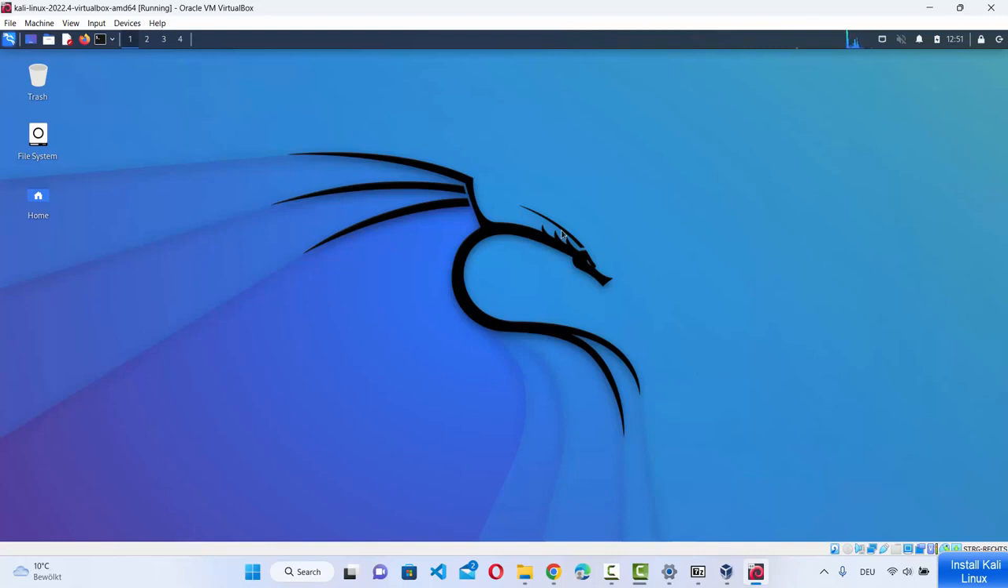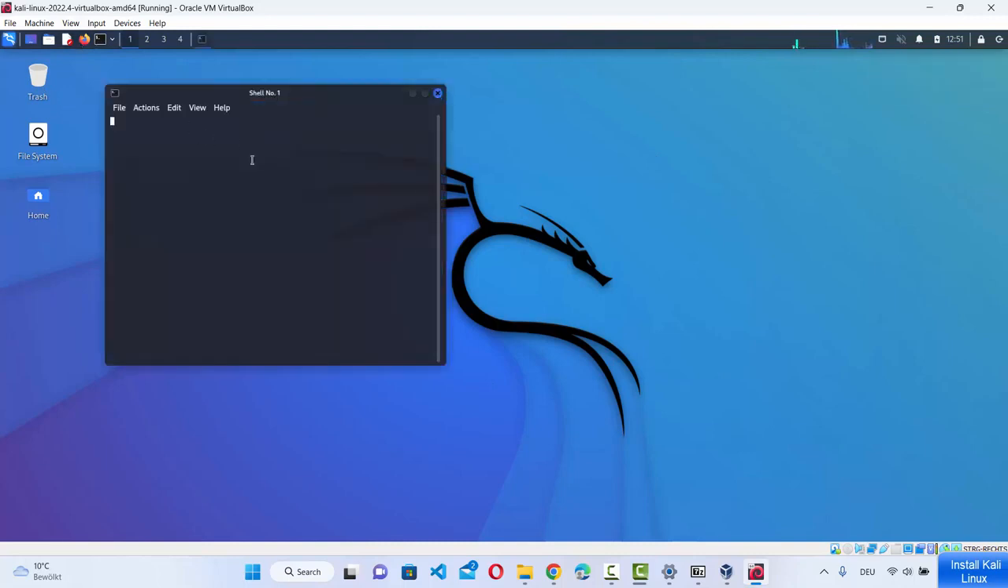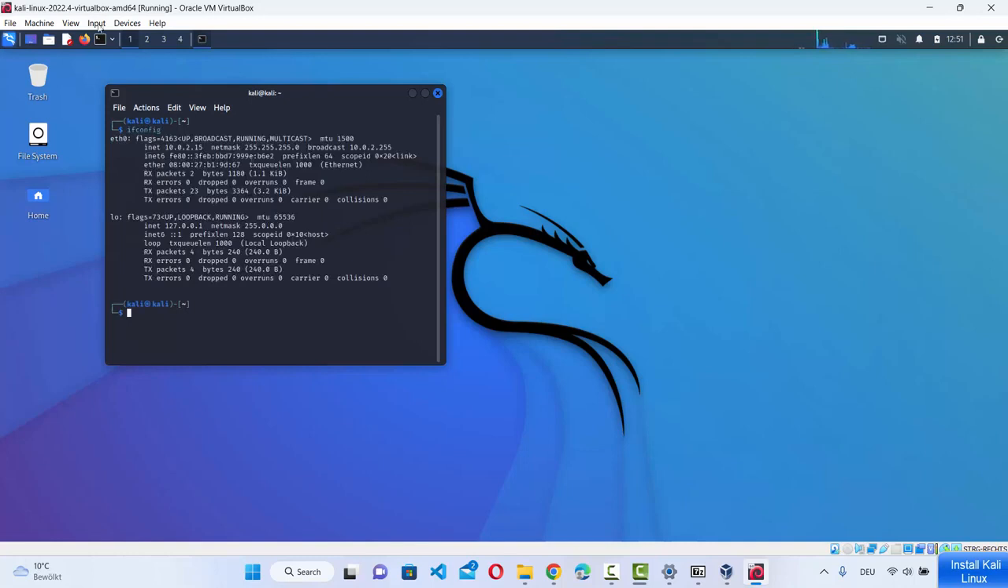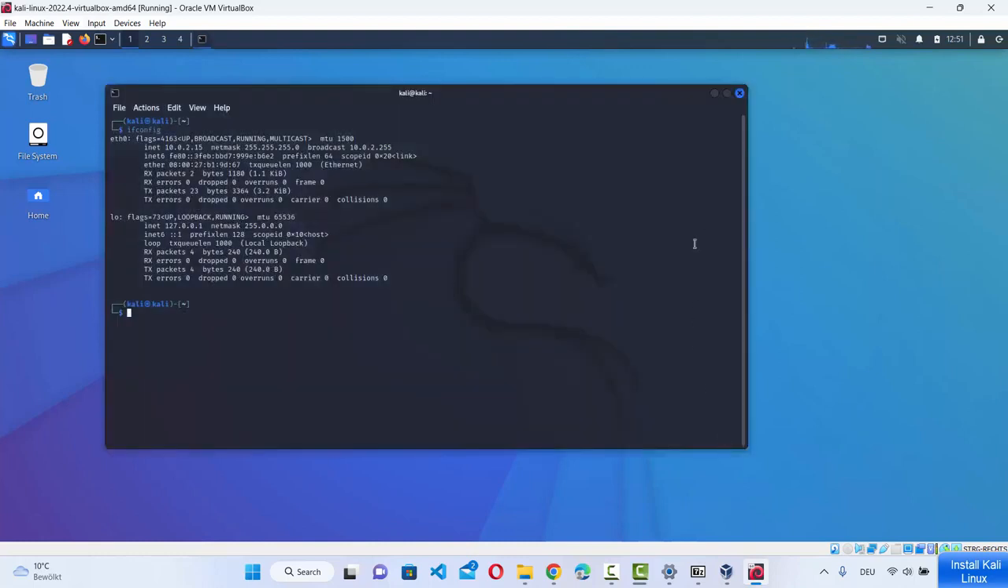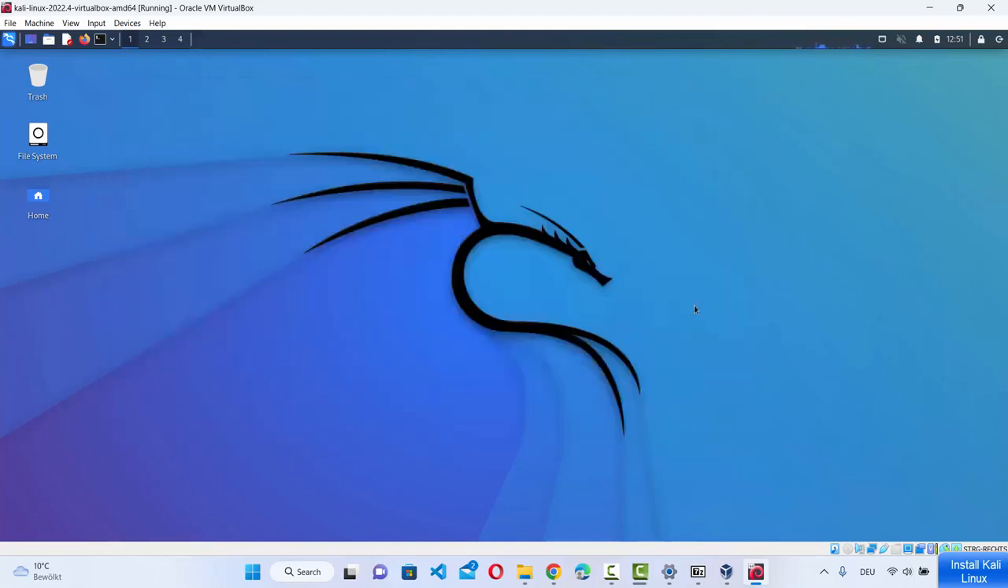Okay, so from here I can open the command prompt, and then I can type some commands. For example, I can write ifconfig here and then press enter. It shows me the network related stuff for me, right? So from now on you can start using this Kali Linux virtual machine on your Windows 11 operating system using VirtualBox, right? So this is how you can download and install Kali Linux on your Windows 11 operating system using